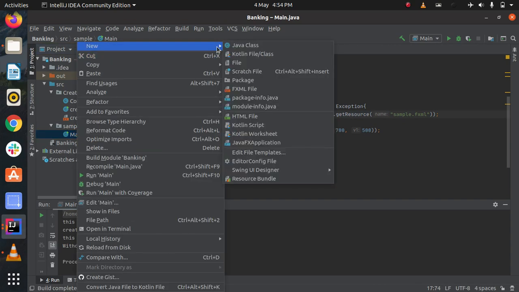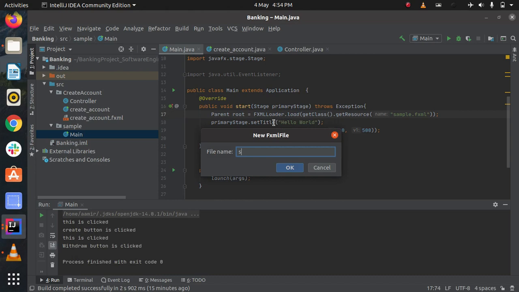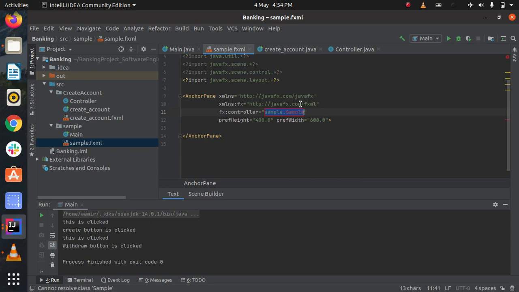So here, new, XML file, click it, and we will name it sample. So the sample.fxml file is created now, and here we will create a controller class. These two are important for working with Scene Builder.